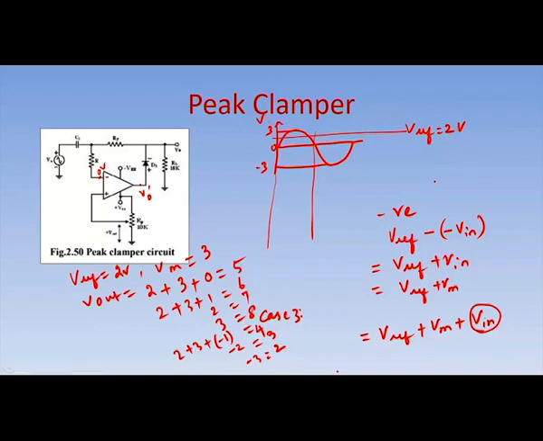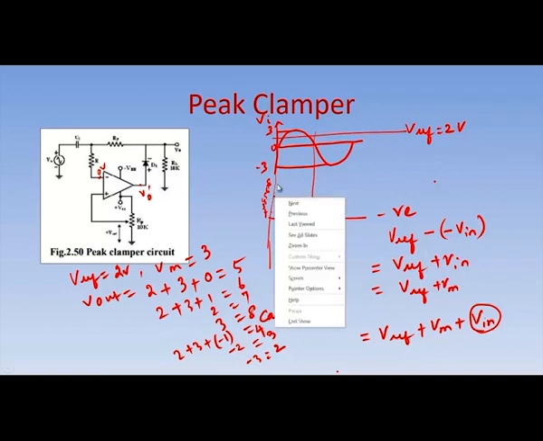So, this is the input voltage Vi. The output voltage is going to be drawn here, and if the input voltage is 0, then the output is 5. You have to mark it up to value 8. So, 1, 2, 3, 4, 5, 6, 8. Okay. If the value of the input signal is 0, then here it is 5. It is 5. And if the input signal is 1,